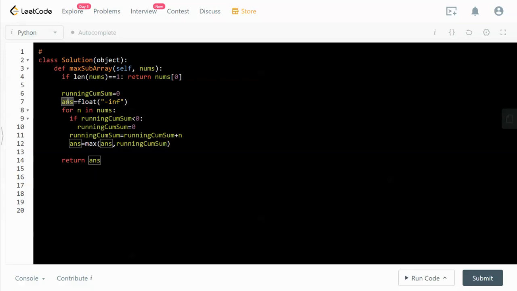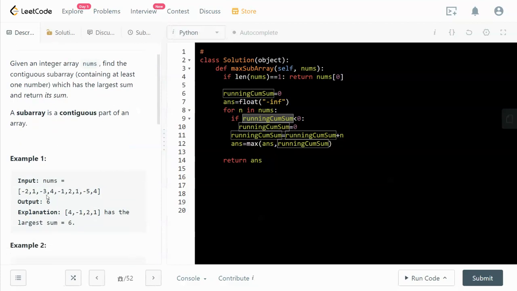So we will initialize the answer to negative infinity, and for all the numbers that we are scanning through, let's say we are here right now, if the prior running cumulative sum is negative, we won't include it,